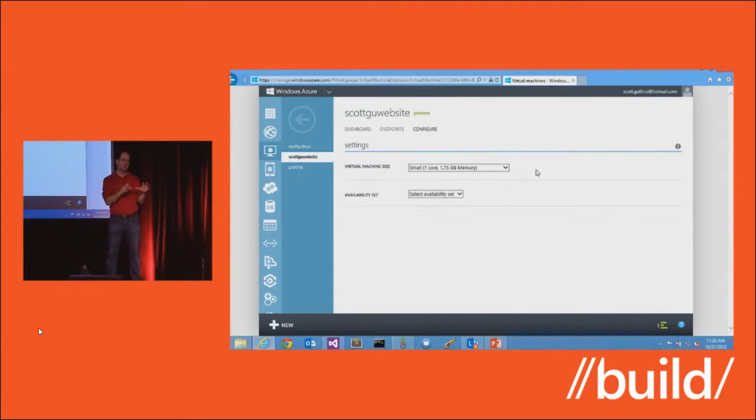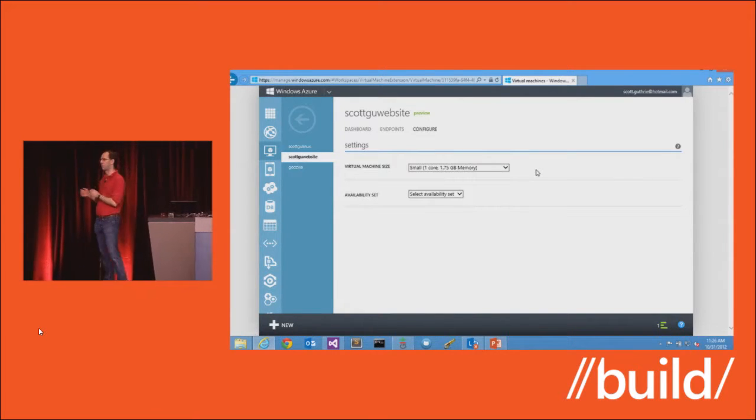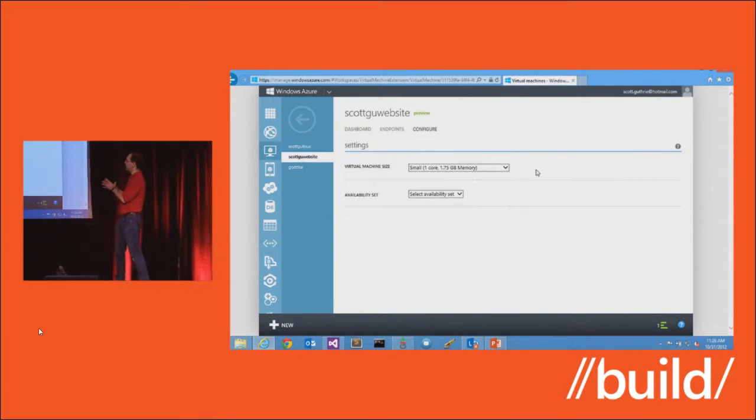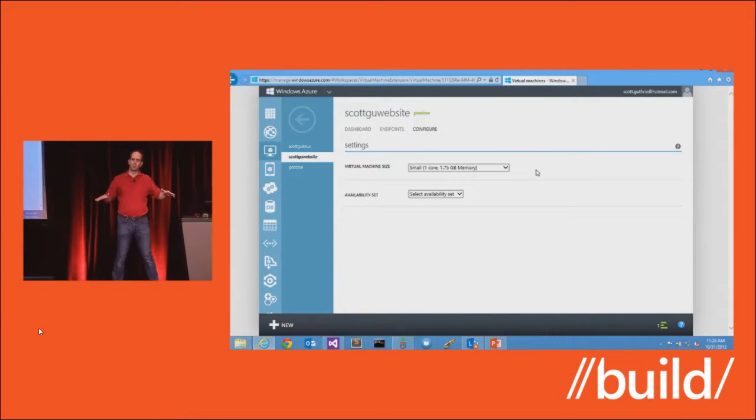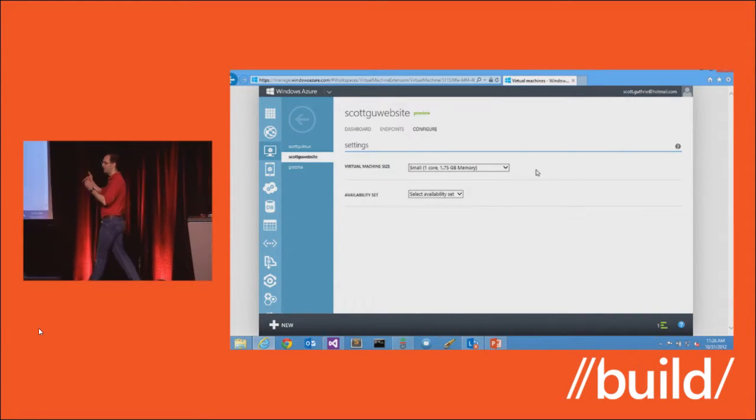I'm not going to go into a lot of detail on it in this talk, but some of the other Windows Azure talks this week will go into more detail on it. But it's a cool feature that basically allows you, if you want to stand up multiple VMs, you can group them into what's called availability sets. So you could have, for example, a web availability set and a database availability set. And you could have multiple machines mapped into them.